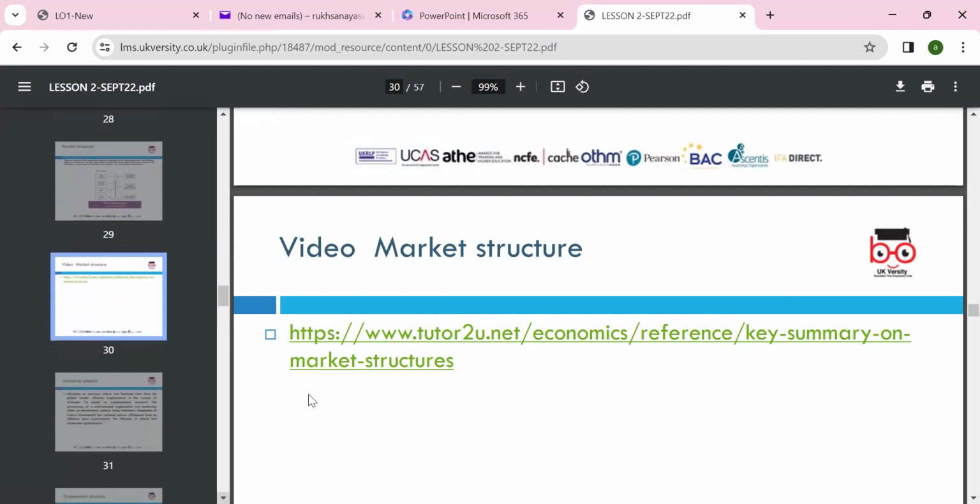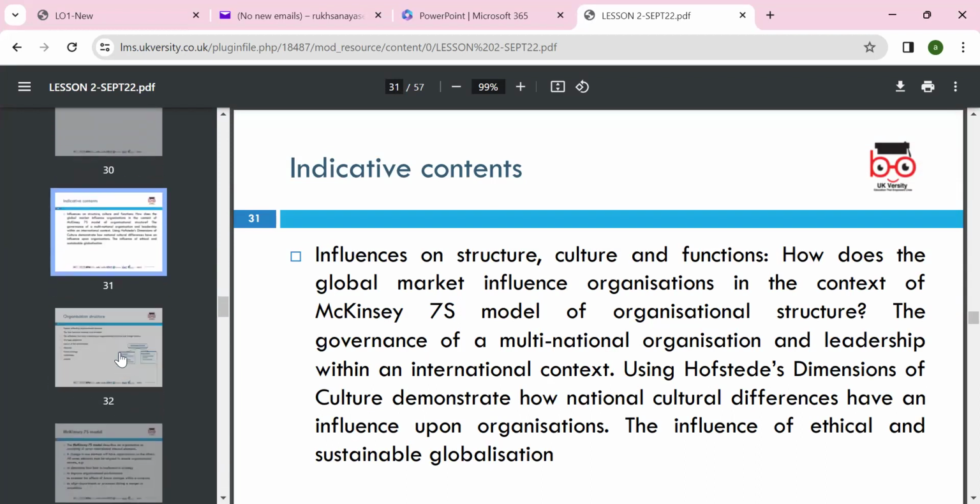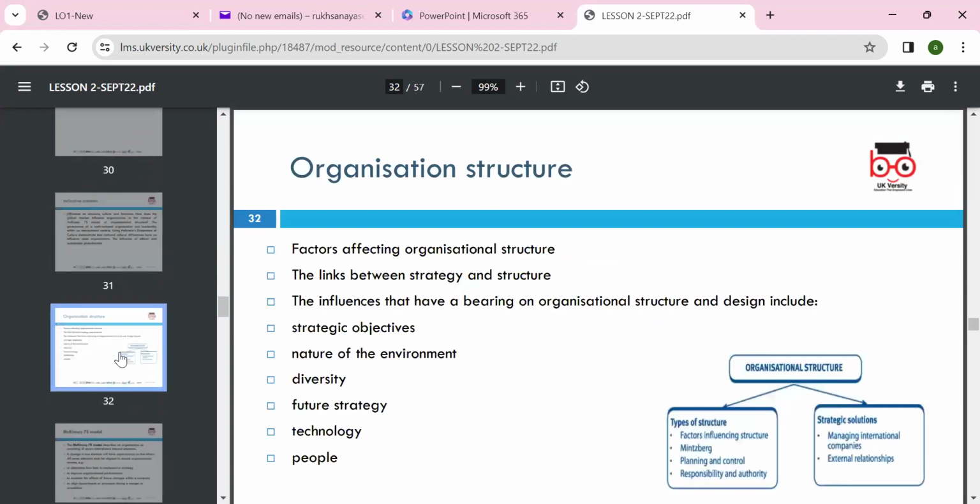That will help to further enhance our understanding. Okay, we'll move to the next organization structure. So, factors affecting the organization structure, the link between the strategy and the structure, influences that have a bearing on